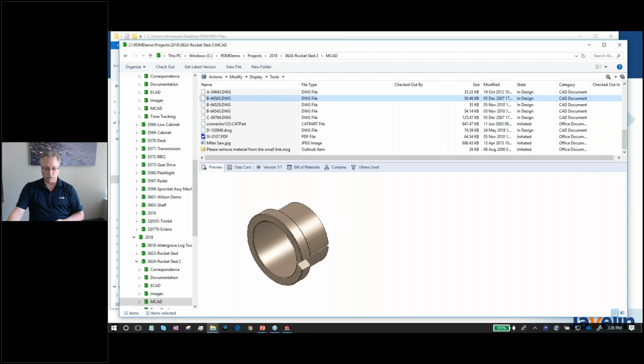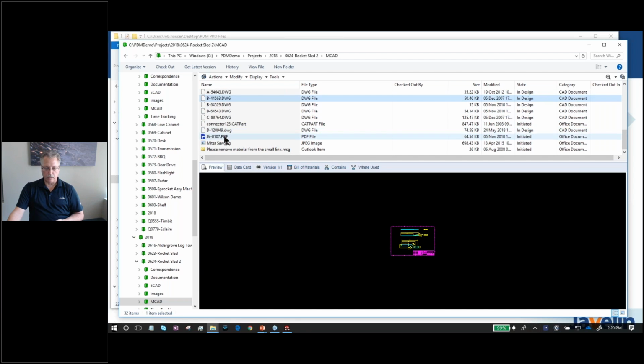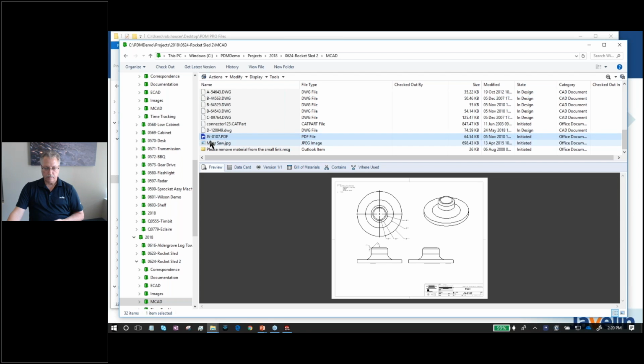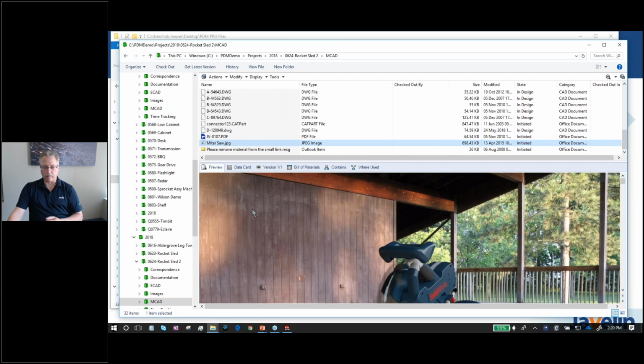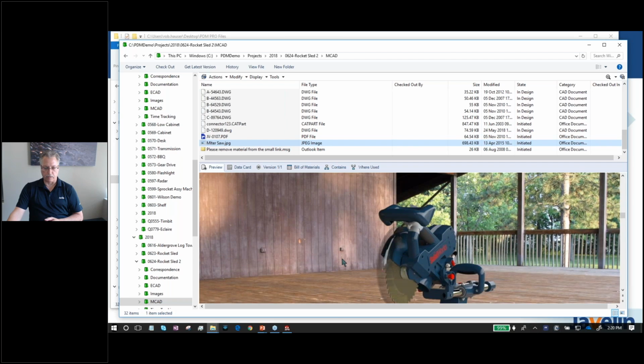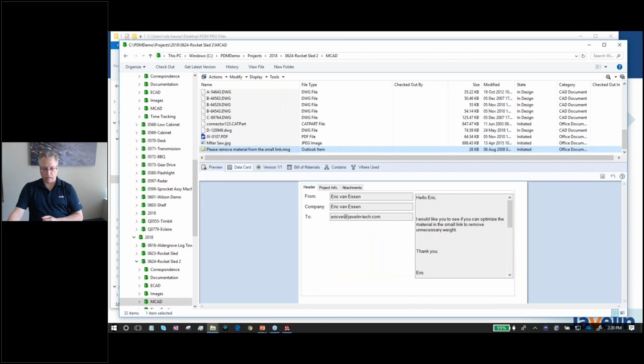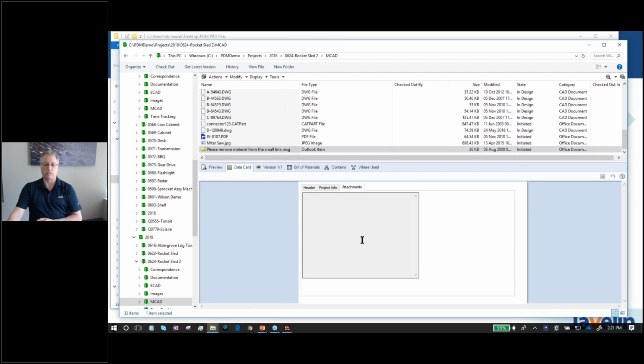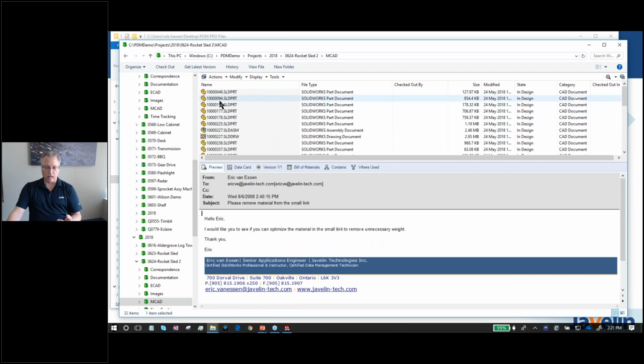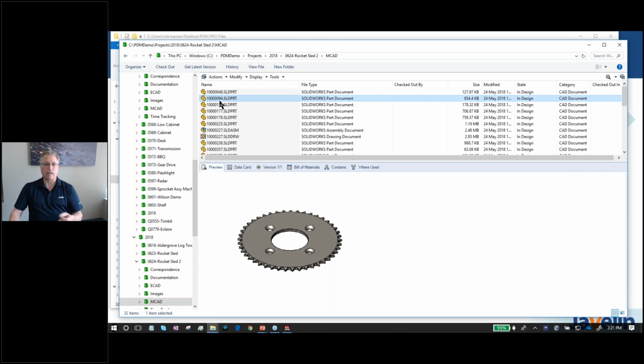I can do a preview of those files. We can see what they are, whether it be a PDF, even an image. We can very easily see that those files are available. I can even read an email if it was dragged and dropped into that folder. If I look at the data card, I can see all the contents, and we could even read any of the attachments and see what they were if they're associated with it. So it doesn't matter what the file type is, all that data is very easily able to be put